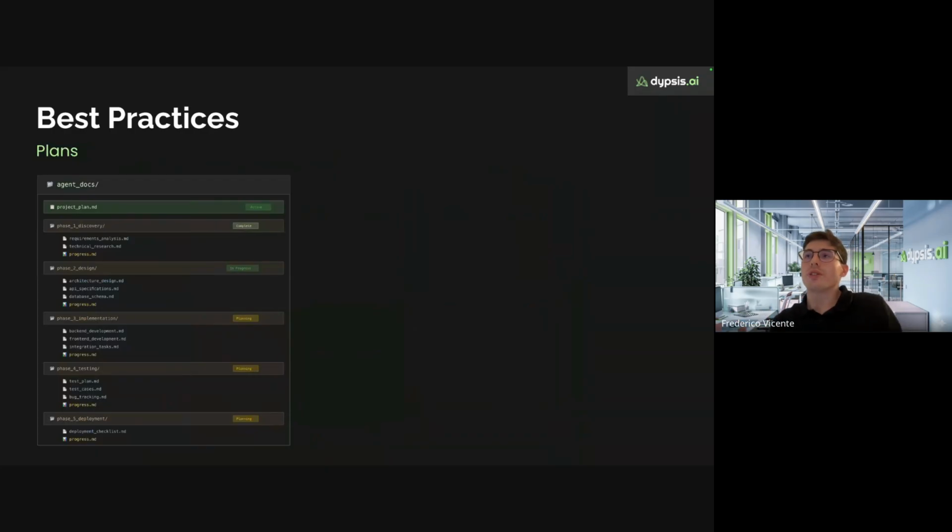How should we structure these plans? So normally what I do, and what I think people do, is they create a document, which I'm going to call agent docs, or you can call it differently, where you put the plans, the features that you want to make. And when you are in planning mode, you start, phase by phase, creating this markdown documentation about the specifications, about the success criteria, the libraries that you are going to use, and so on.